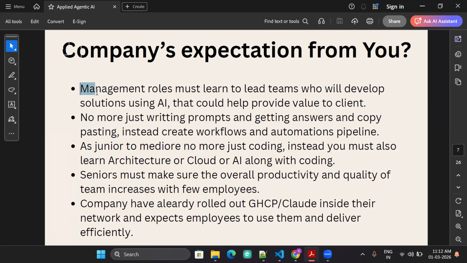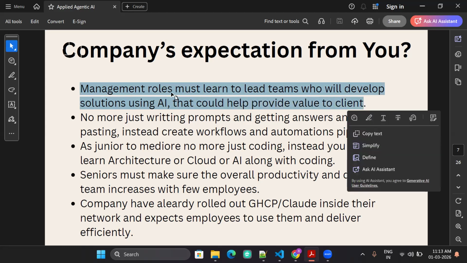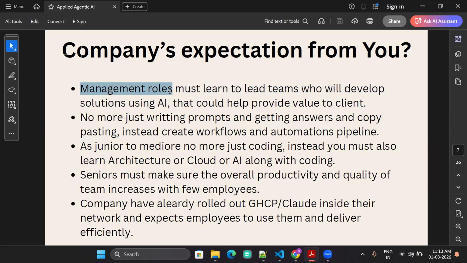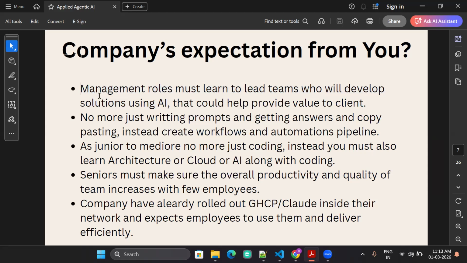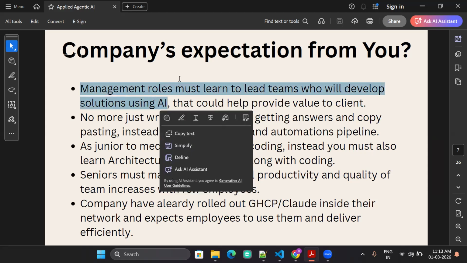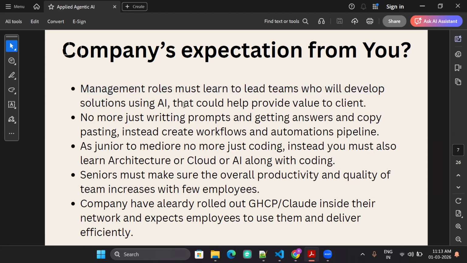If you're in management roles, let's say 16, 20 years of experience, they will ask you to lead teams and try to deliver the same output or more output with fewer people, using agentic AI solutions, Gen AI solutions. Which means you are in a very crucial position in management roles. You will not be just managers now, so you have to become technical managers who also know the ins and outs of these technologies and know how to increase the revenue or productivity of your team. Otherwise, those high paid roles will cease to exist.